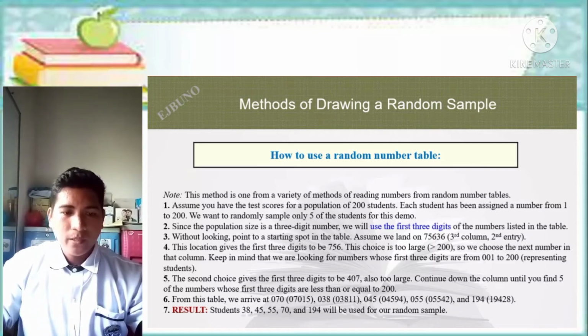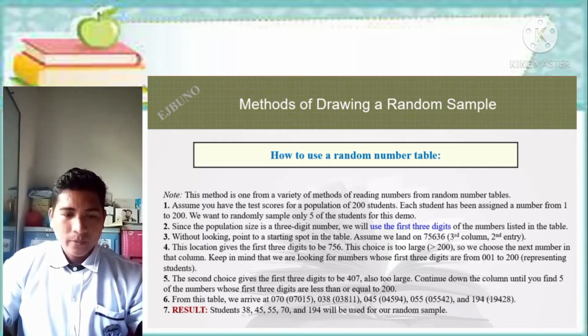Keep in mind that we are looking for numbers. Choose first 3 digits from 001 to 200, representing students. 5. The second choice gives the first 3 digits to be 407, also too large. Continue down the column until you find 5 of the numbers whose first 3 digits are less than or equal to 200. 6. From this table, we arrive at 070 or